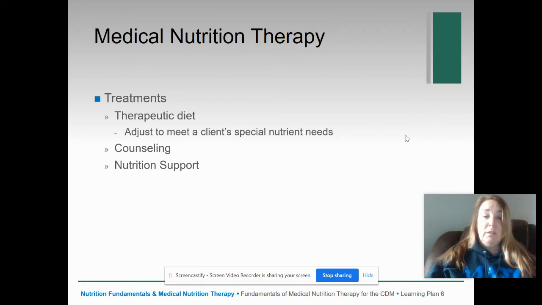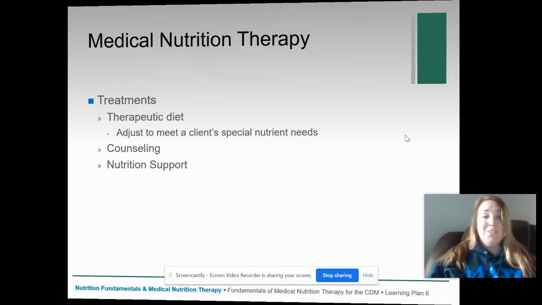Treatments that we can suggest for medical nutrition therapy and implement. Therapeutic diet. So an example of this would be someone with hypertension, which is high blood pressure. We would recommend a DASH diet, which is the dietary approaches to stop hypertension. That's a lower sodium, higher potassium, less focus on meats, more nuts and seeds, and fruits and vegetables, and whole grains. We'll also provide counseling and support